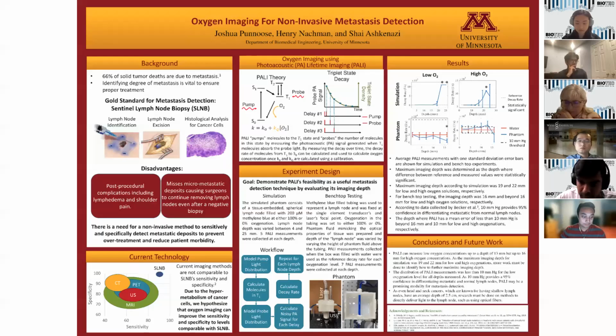And the way we answered that question is I found a paper written by Dr. Becker et al., where they gave their data, and using his data, we were able to find that if PALI has an error less than 10 millimeters of mercury, we would be able to differentiate with 95% confidence metastatic from normal lymph nodes. And so using the data that we've presented, I've plotted the 10 millimeters of mercury error